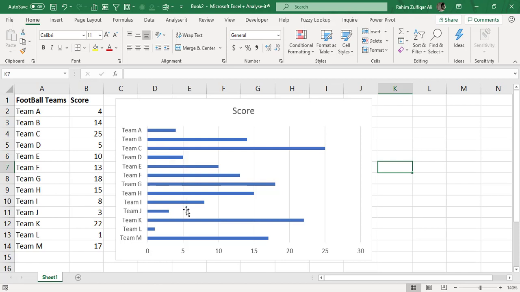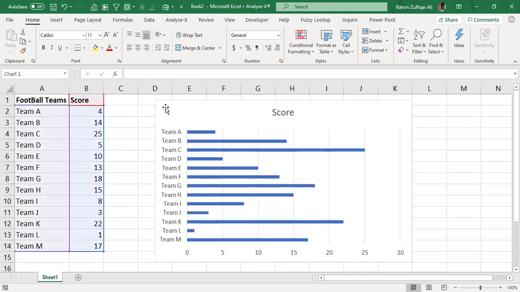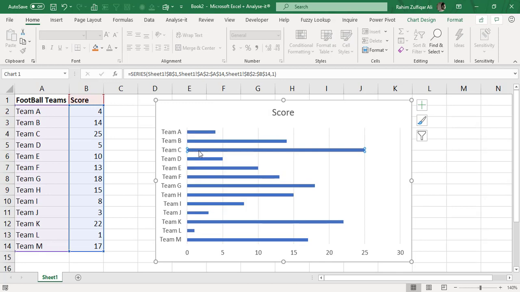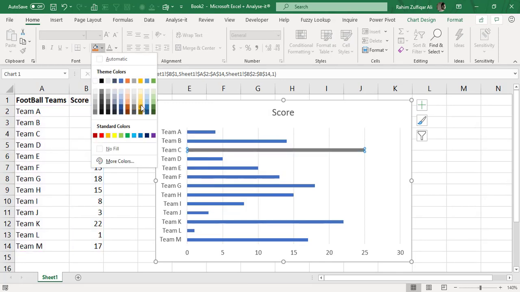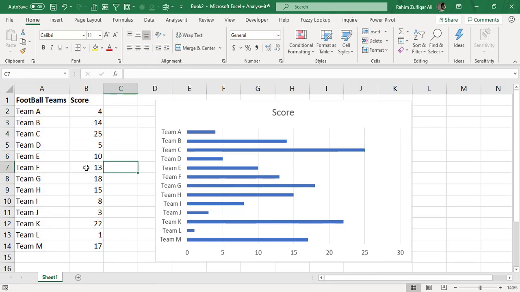So it's very difficult to find that out from here until we sort these numbers, and we also want to highlight them with a different color. Now one thing, as you have observed here, is that we need to highlight the top three teams, but we need to change their colors as well. One way is to double click on this team C, go manually, and from this bucket select a different color. But that's not a good practice. Later on, if your data changes, definitely you need to change the color manually again.